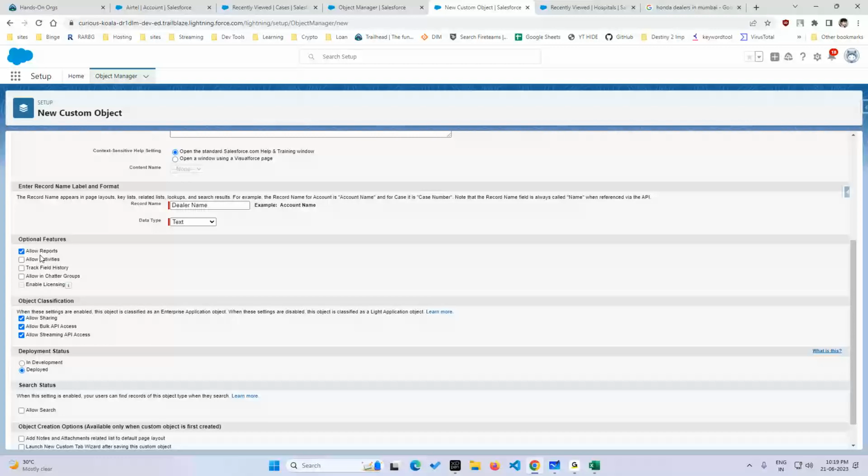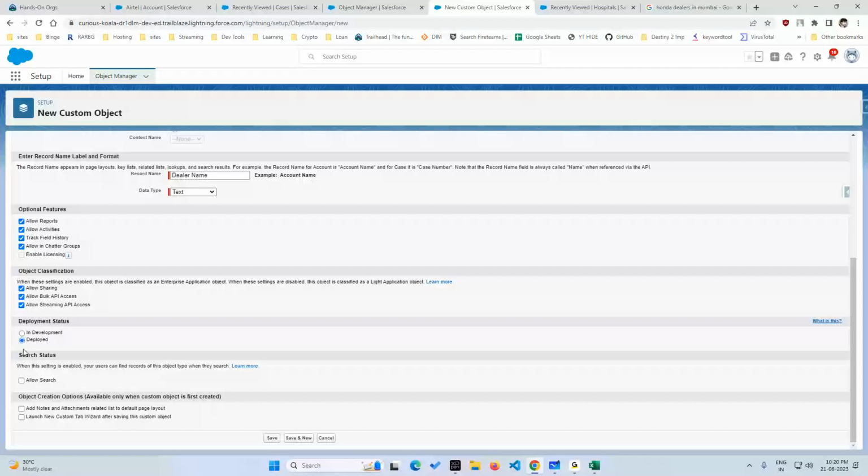Okay, now again, allow reports, allow activities, track field history, allow in chatter groups, all these things, these are optional features. So allow in reports, very very important, because we are going to create some reports also later. Okay, now the deployment status, let's keep it deployed. Allow search, again very very important. Let's say if I create a record with some